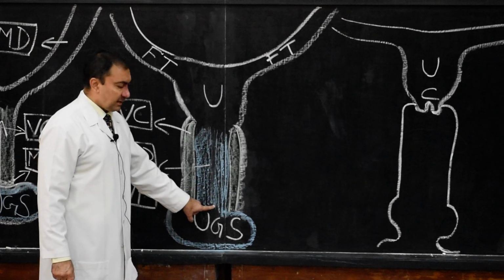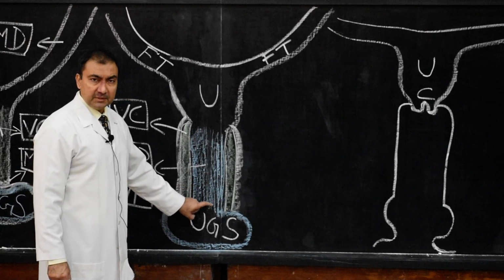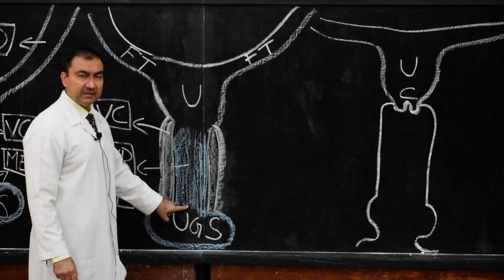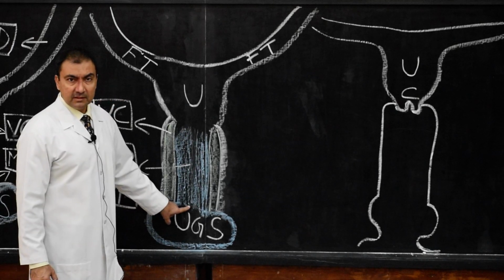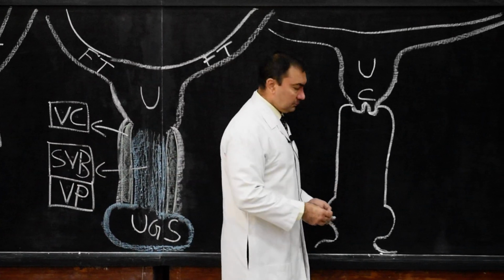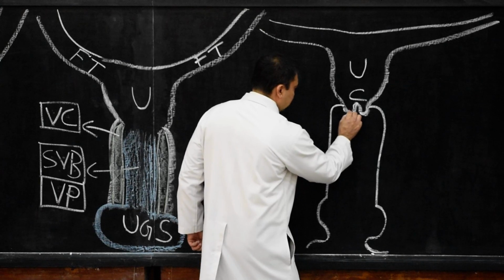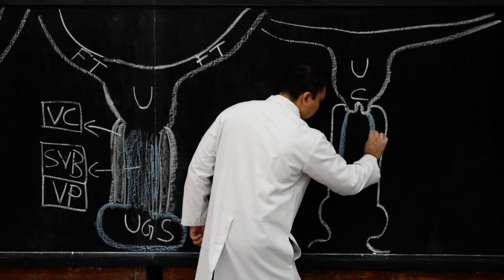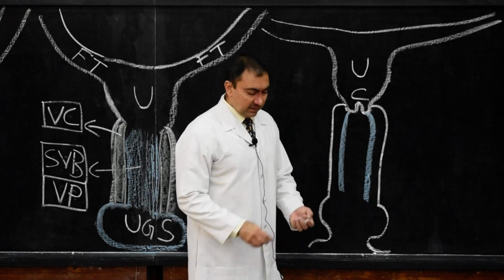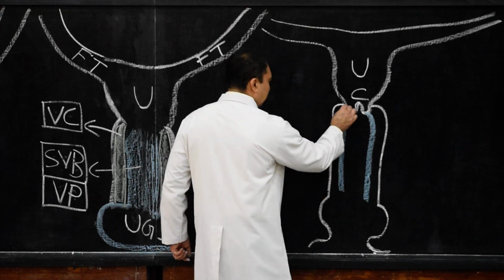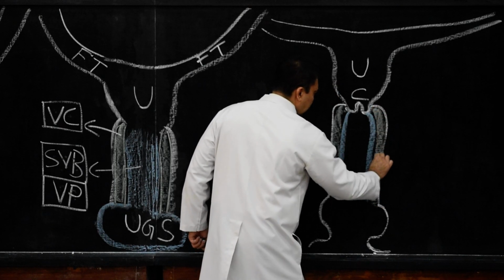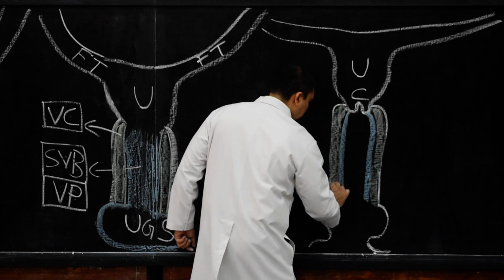The junction, that is the Mullerian eminence, the junction between the caudalmost tip of the paramesonephric duct, that is the uterovaginal canal, with the urogenital sinus, will serve as the hymen, the hymenal orifice. If we come on this side, this is the lining epithelium which I have drawn, sino-vaginal bulb, endodermal cells. Then its muscular part I will draw over here. This will be the muscular part, which is represented as the vaginal cord, from the paramesonephric duct.